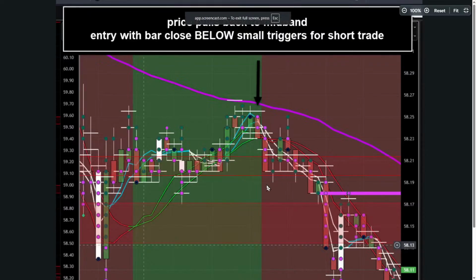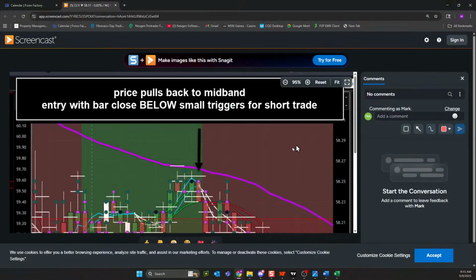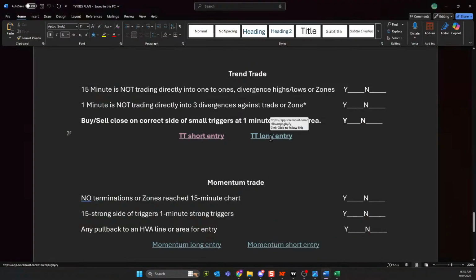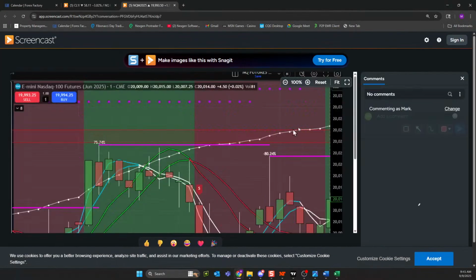Large chart says down, large chart says strong. Whoops, this is the wrong direction. Price pulls back to the mid-band, red bar closes below the small triggers. That's your trend trade short. And your trend trades are gonna look the same regardless of which direction you're going. I reversed my